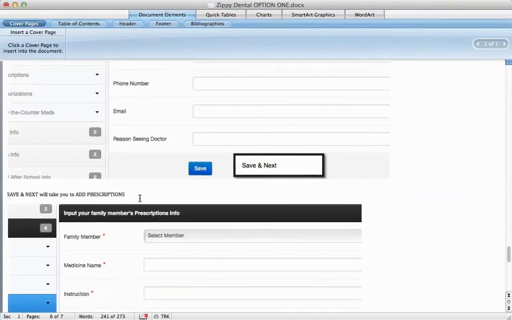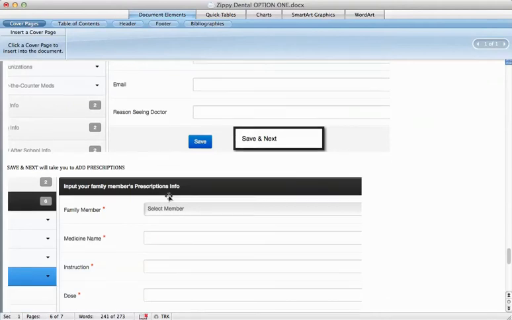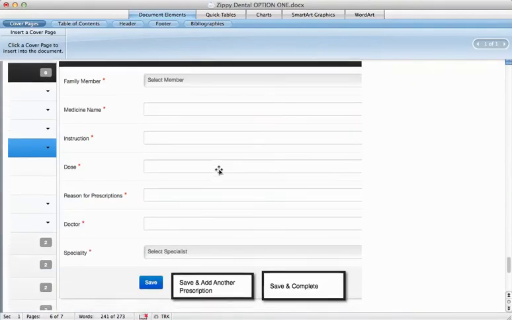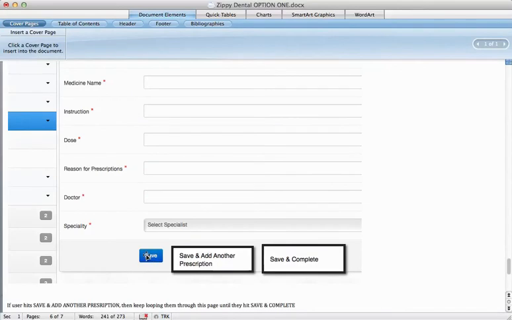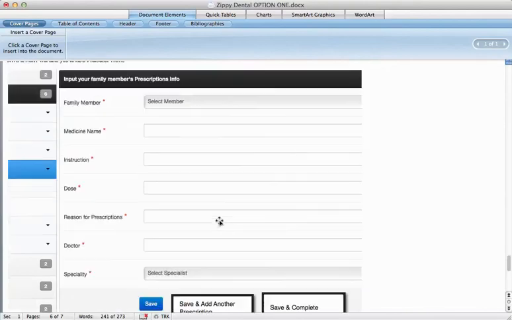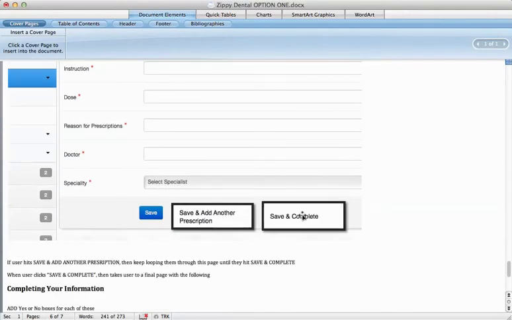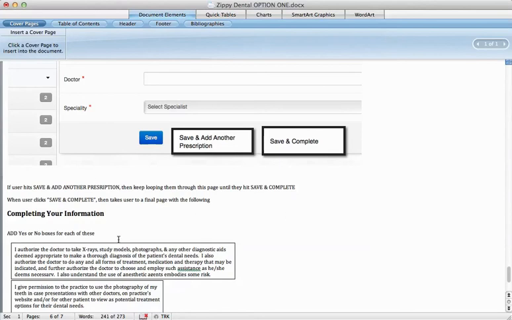Now, the prescriptions page is a little trickier because we need them to be able to add how many prescriptions they take. They could take 5 or 6 prescriptions for all we know. So this is going to be a little bit different in that it's going to ask for the family member. They're going to click themselves. They're going to add the medicine name, but at the bottom they're going to have to save that information or save and add another prescription or save and complete. If they save and add another prescription, it's going to loop them back to this same page to add another. When they eventually hit save and complete, it's going to take them to the final page, which is called